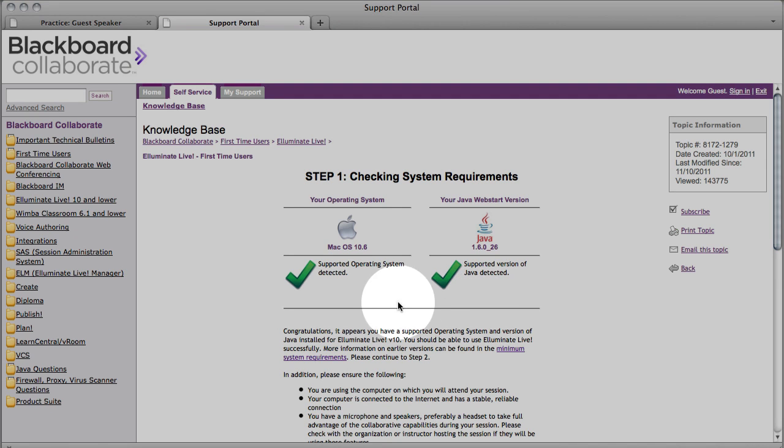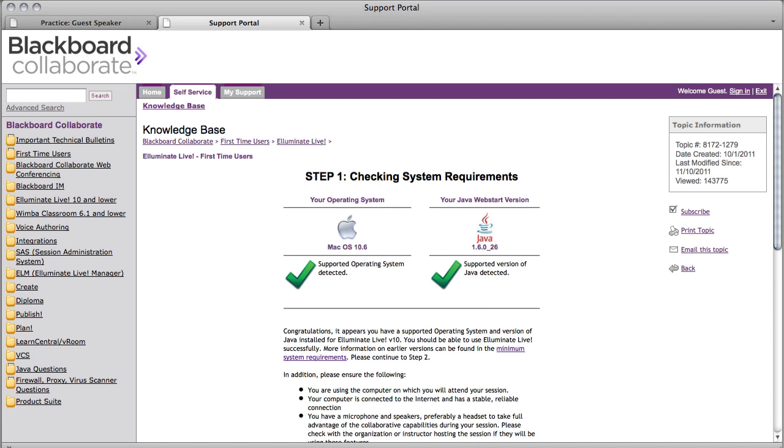Okay, that's basically how to set up an Elluminate session. There is, of course, more to learn, and we invite you to come to the source for Moodle